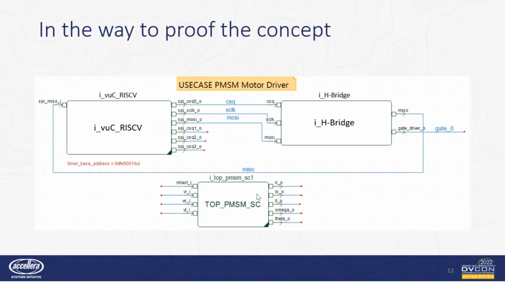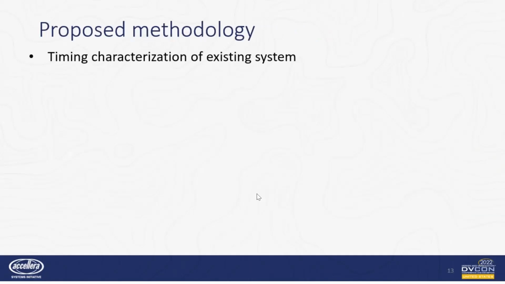Continuing with the proposed methodology, we perform a timing characterization of the existing system. For this, we need to split the system architecture hierarchy in order to interface the virtual prototype with the test bench. With the aim to simplify the timing annotation of the implemented virtual prototype, the analysis of the system starts on a very high level.